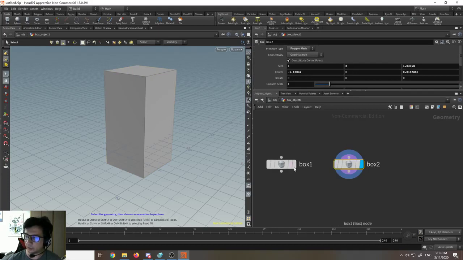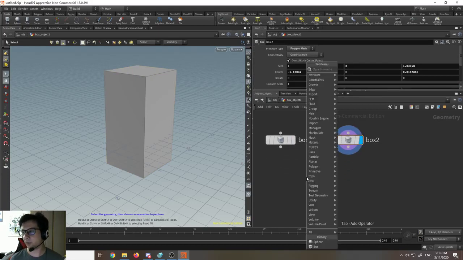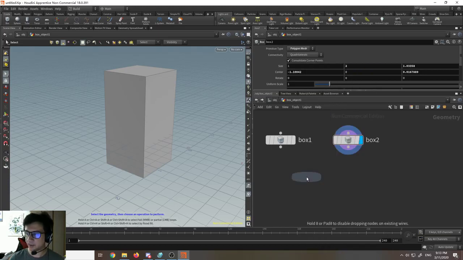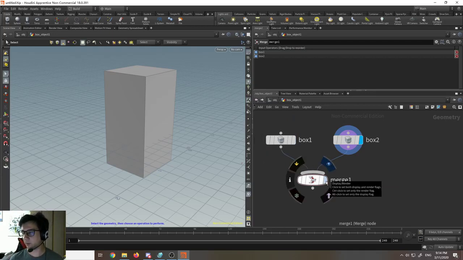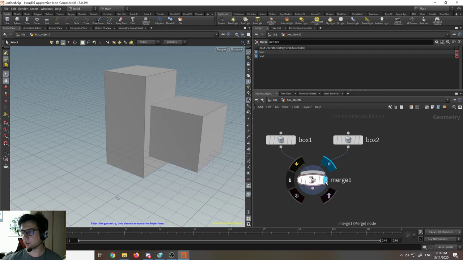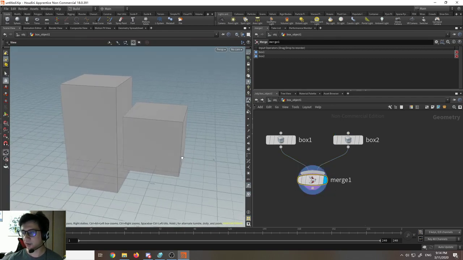So if we want to see both of them, we will use a node called merge. And as we progress, we will use these nodes more and more. So first, let me undo this. This dot here is an output, and this is an input. So basically, anything that goes here is an input, and output will go below. So I just click, drag, and then I click and drag the other one. And now I still don't see them because this one is not displayed. But if I click on this, now I can see that two of them are being displayed,